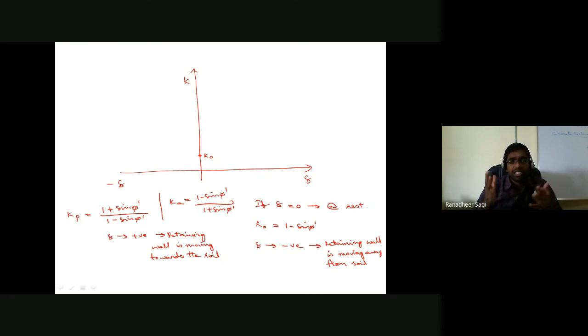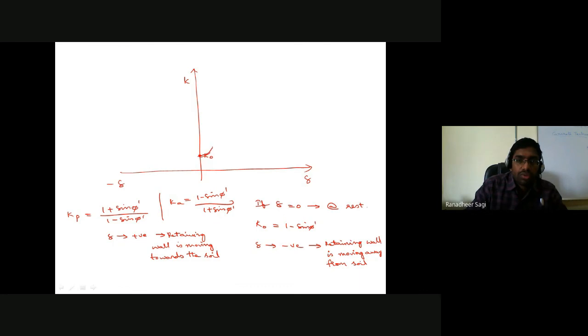So we know that sigma h dash is nothing but simply K into sigma v dash. So if K is more, sigma h dash is more. If K is less, automatically sigma h dash is less. That's the simple fundamental from which I can understand. And if more and more is the displacement of the retaining wall towards the soil, then more and more is the confinement in the soil. If more is the confinement, more is the horizontal stress at which the soil is undergoing the failure.